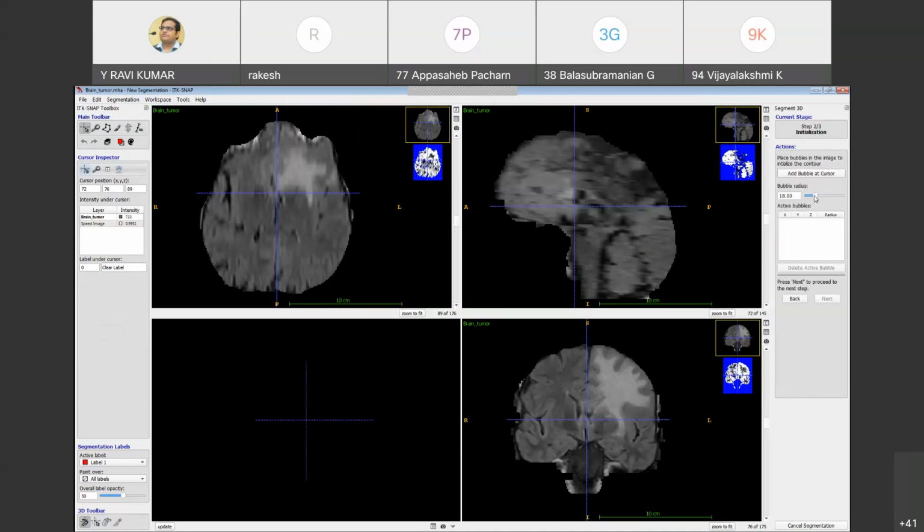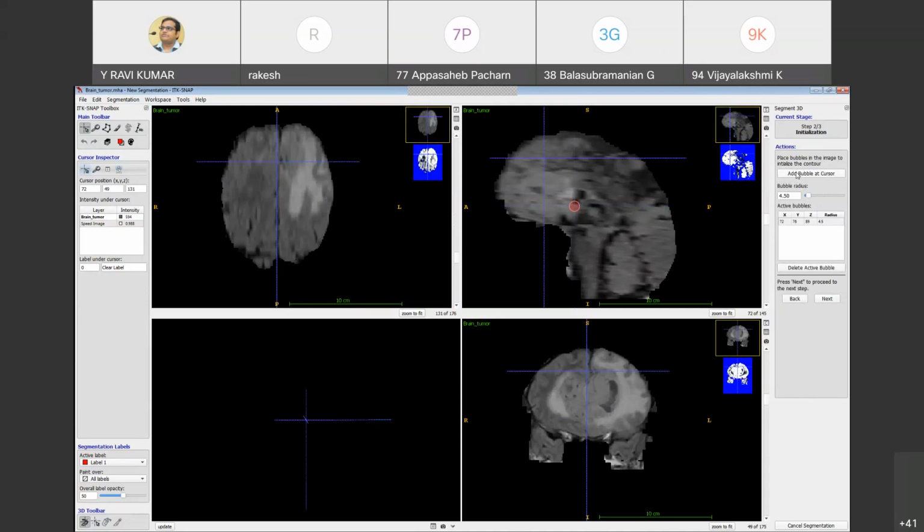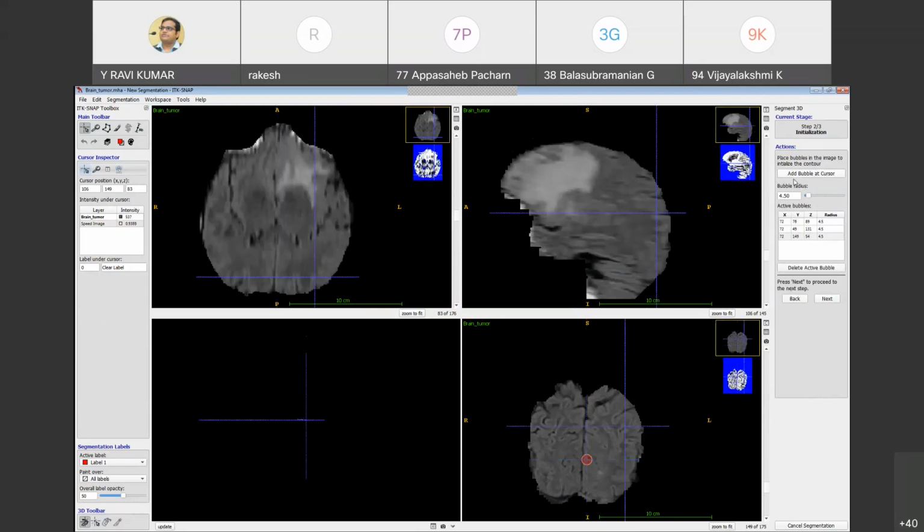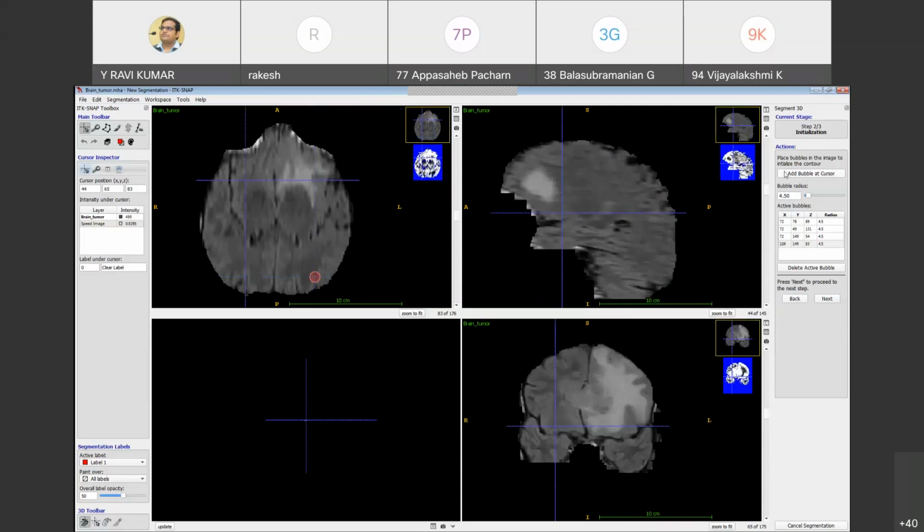Click next. Then you need to add a bubble here. The cursor here, this one. Click on add bubble. Here, add bubble. Just mouse first button only, the left one. Click add bubble here.